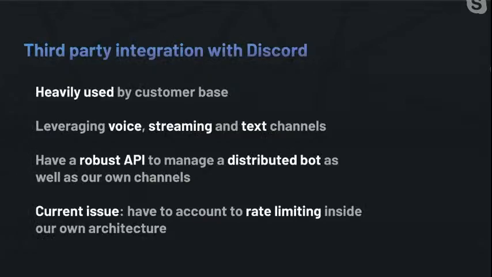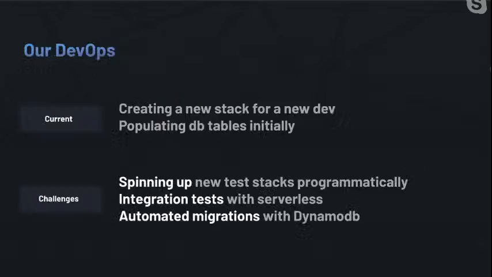The current issue we face with that rate limiting, without a persistent server, is that we really lose the ability to easily handle the concurrency, the frequency of our requests.